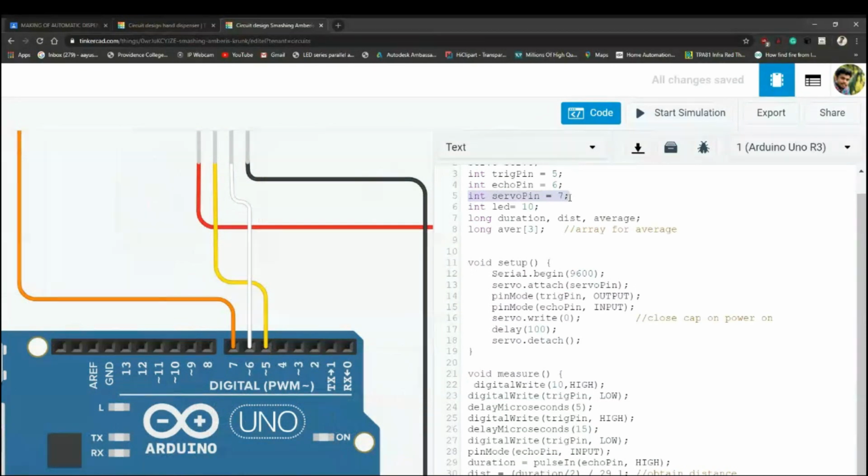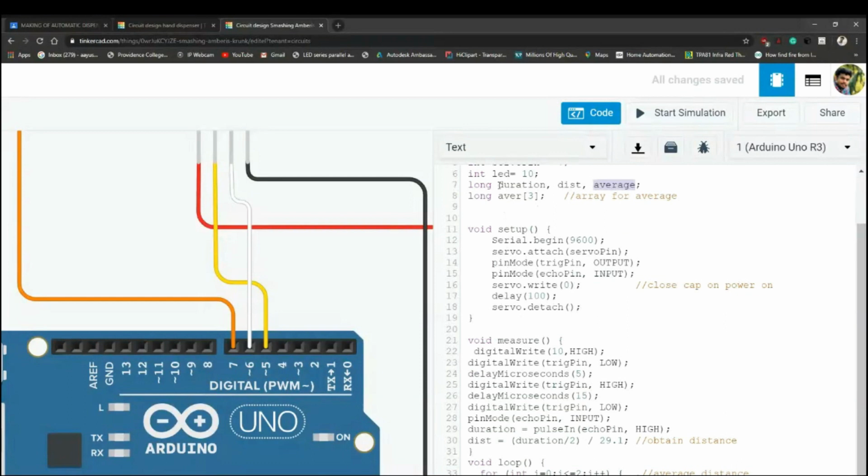And we have initialized the LED, which is the status LED of our project. Now the things that we are going to include are the duration, distance, average, and the long average, which is an array for the average. It will store the values.